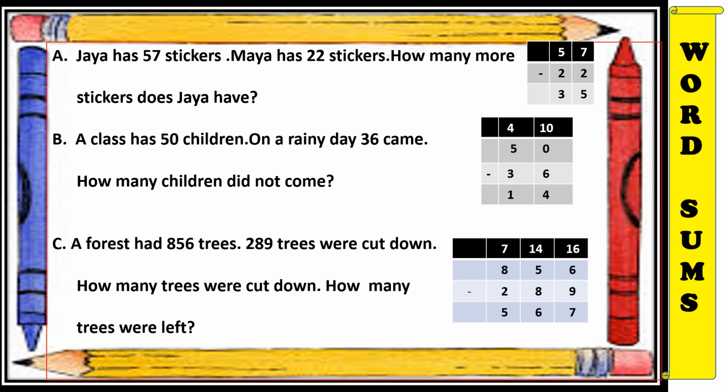Children, can we subtract 8 from 4? No, we cannot subtract. So we will borrow one value from the 100 place. It becomes 14 now. So 8 becomes 7 now. 14 minus 8 equals 6. 7 minus 2 becomes 5. This is how you are supposed to do these questions.